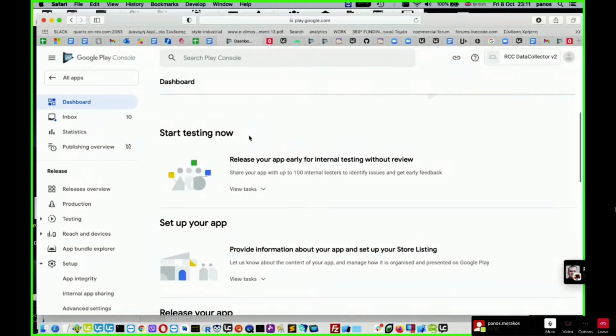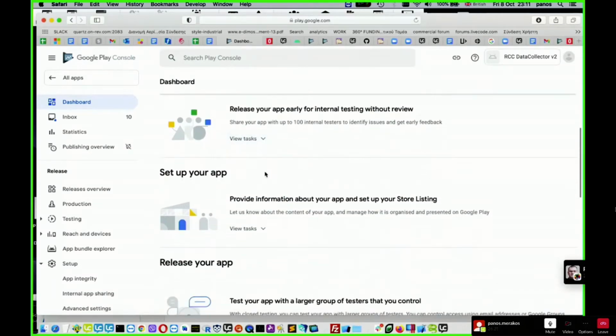You also have the option to skip all the parts where you have to provide metadata, such as screenshots, icons, more info for your app, a brief description for your app. You can just skip them for now and submit the actual binaries for internal testing. We're not going to do that now. We're going to follow the usual flow, which is first to set up the app listing, provide all the necessary info and metadata, and then we're going to submit the actual binary.